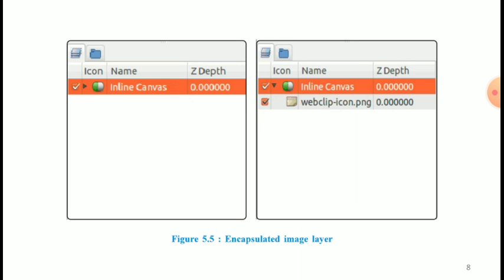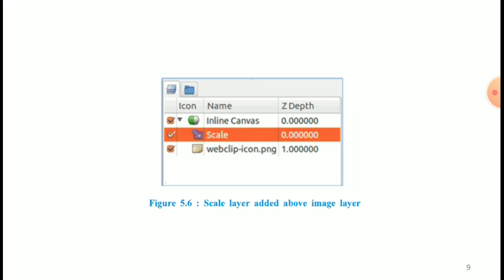This will add an inline canvas. This is a new layer. Open up the encapsulated layer using the small triangle, and you can see the image layer inside the inline canvas as shown in figure 5.5. This is the encapsulated image layer. Now we add a new scale layer above the image.